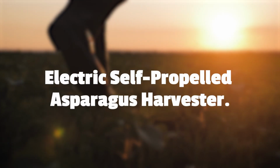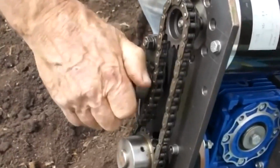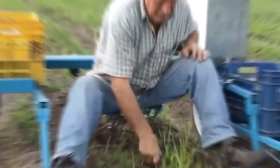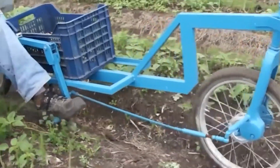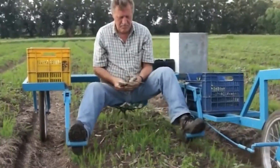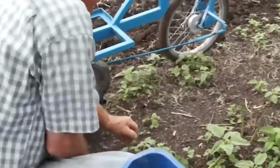Electric self-propelled asparagus harvester. The video showcases a self-propelled electric machine specifically designed for harvesting asparagus. This innovative tool is designed to streamline the asparagus harvesting process, reducing the need for manual labor and increasing efficiency. The machine is equipped with a powerful electric motor, allowing it to move independently through the field without requiring the operator to push or pull it. One of the most interesting features of this asparagus harvester is its use of a cost-effective Chinese bicycle motor for $60. This demonstrates the potential for repurposing and adapting existing components for agricultural applications, leading to more affordable and accessible